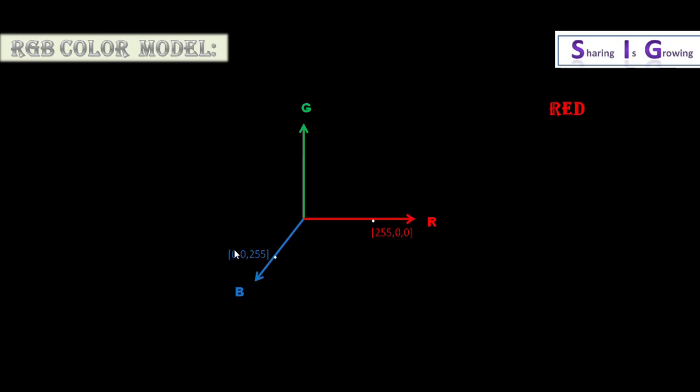This means the intensity of the color red, which originates on the x-axis, is 0 here, and the intensity of the color green, which originates on the y-axis, is also 0. The color we have to implement in our system is blue, so we use the high intensity value 255 as the third parameter of our coordinate system. This represents the blue color. If I take a point over here,